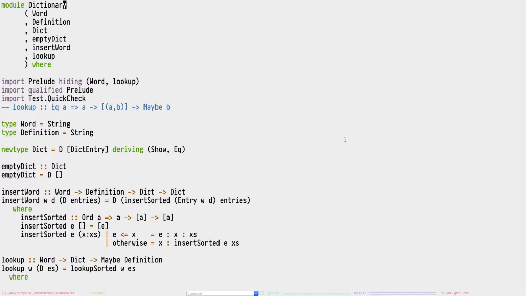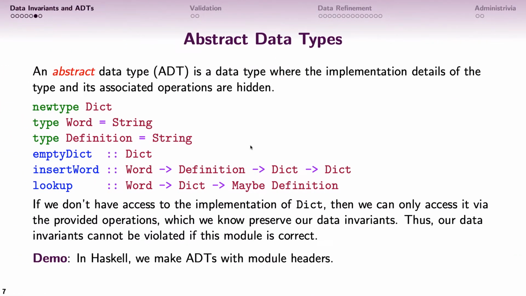Okay, so we just made an example of an abstract data type that maintains our data invariant. And to give you a bit more background here,